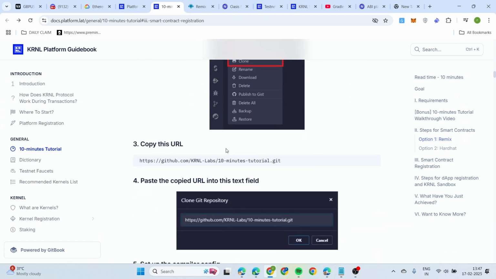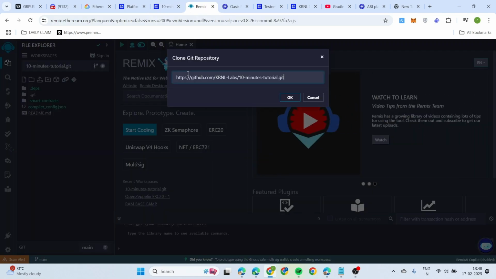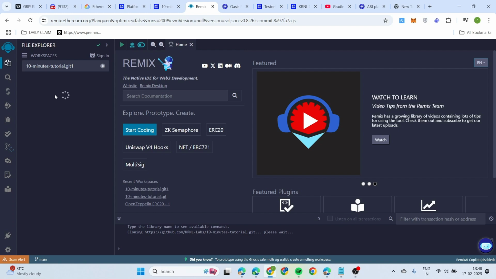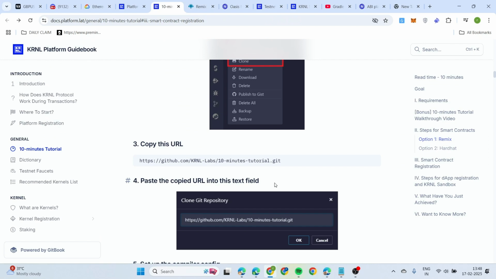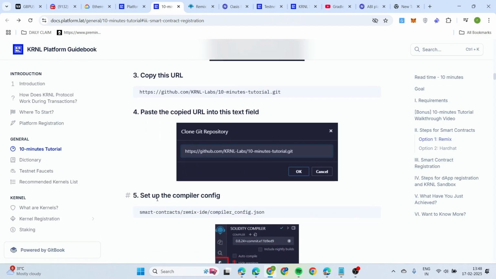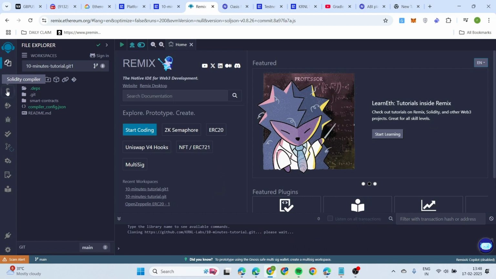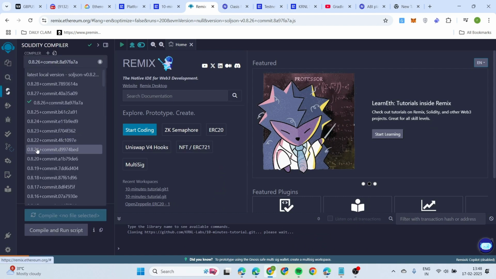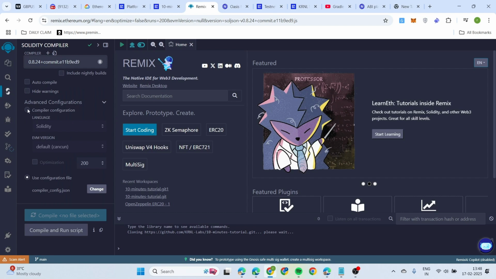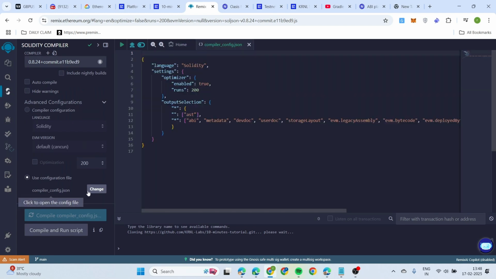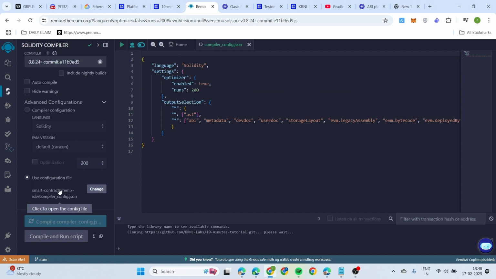First you have to copy this code, copy this URL. Just click copy, come here, just paste it, and then click OK. Once it's done, come here and the next step is to set up the compiler configuration. Just copy this. On the left side you can see here Solidity compiler. Just click it, choose 0.8.24, and at the bottom, come here, click this, click change, just Control V, click enter,